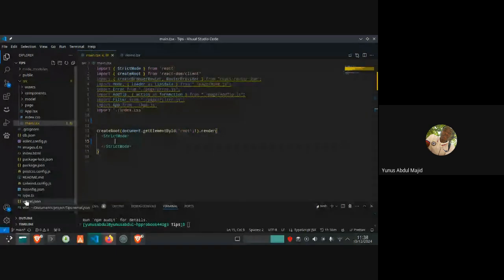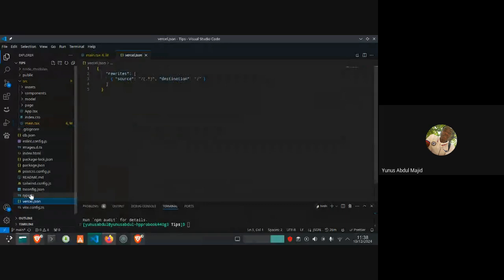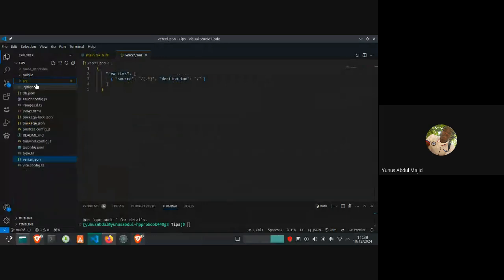Concerning Parcel, this is the one I'm talking about. This is how to do it. As I said, in the root directory, not in your src, you create the parcel.json and put the code there, which will solve the routing problem. You can see where it is set.